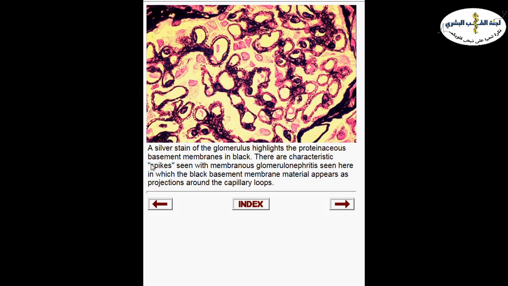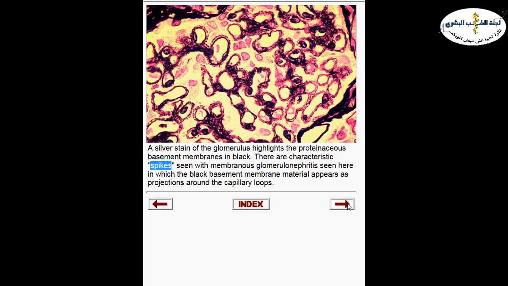We call these dots spikes, okay? So here in the silver stain, we can see the spikes. If you look here, multiple spikes adjacent to each other in membranous glomerulonephritis. And this is actually diagnostic of membranous glomerulonephritis. These spikes are basement membrane material, and in between them, we have immune deposits. The immune deposits are negative for silver stain, so they will not stain black. That's why they will appear as pink to yellow here in between the spikes of the